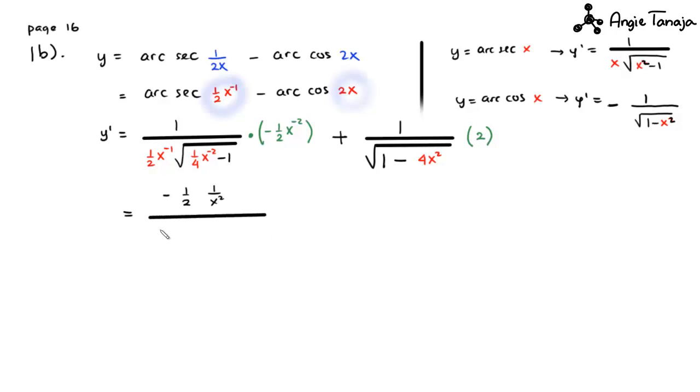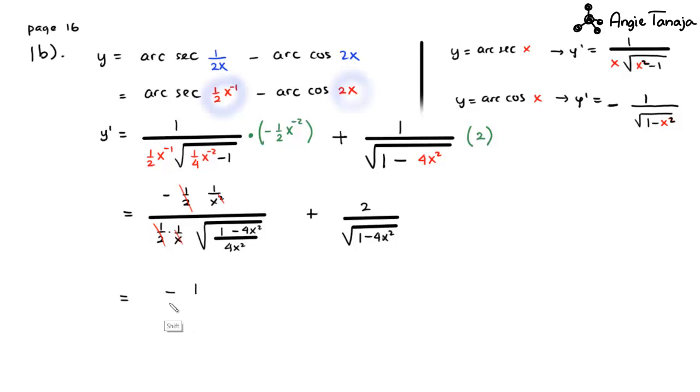Half, 1 over x, roots of how much? I can say that this one is 4x squared, 1 minus 4x squared, plus 2 over roots 1 minus 4x squared. So then I can cancel the half, and I can cancel one of the x, so then it just becomes negative